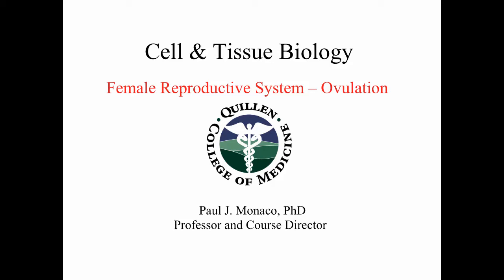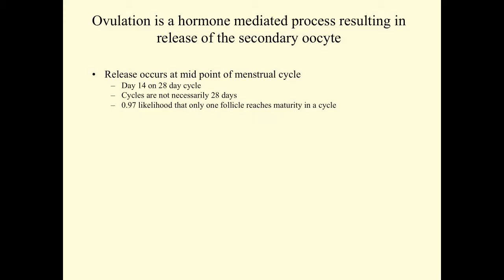Continuing in our series of podcasts on the female reproductive system, here we're going to talk about ovulation. As you know, ovulation is a hormone-mediated process resulting in the release of the secondary oocyte. Release occurs at the midpoint of the menstrual cycle, so if we assume a 28-day cycle, then ovulation would occur